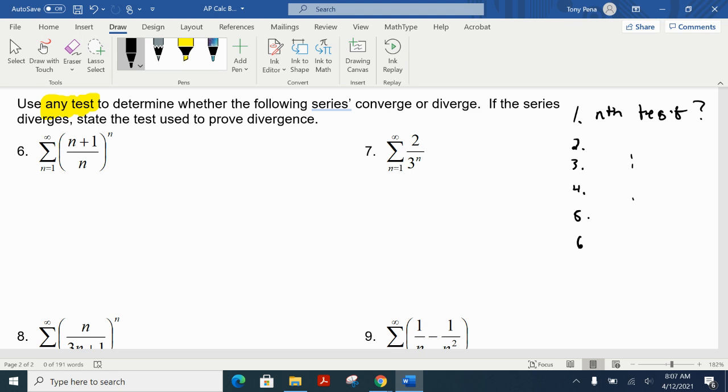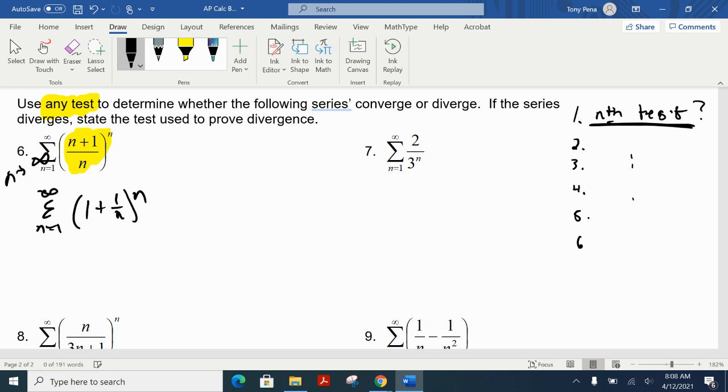All right, so as we dive into number 6, this is still your first thought process, is can I look at that series and determine that as n goes to infinity, will this go to 0? And if it does, that just means we got to do more work. If it doesn't, it means it diverges. So hopefully you can kind of pause me with these and just see if you can figure it out on your own with all of them. Hopefully this one,